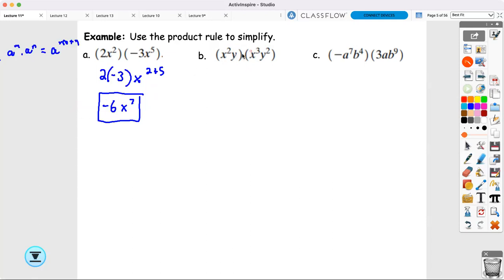So we could drop the parentheses at this point. If we want, we can just write them right next to each other, because remember, when we have letters next to each other, they're just technically multiplying. On A, you can also drop the parentheses, because to show multiplication I chose parentheses, since I could have done 2 dot negative 3, but that looks more confusing. So I use parentheses around them. Multiplication isn't safeguarded by parentheses, they're just there. But now for B,